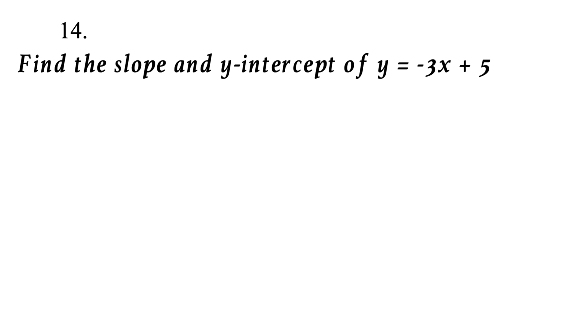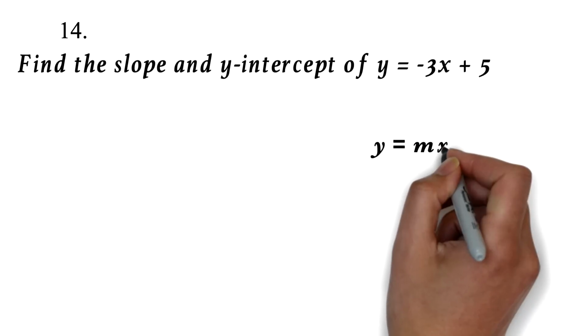Question 14. Find the slope and y-intercept of the line y equals negative 3x plus 5. Slope questions are now very common on the GED math. Almost everyone gets something on slopes. We've already looked at finding the slope given 2 points on question 2 and finding the slope from a graph on question 9. For this question, you'll use the formula for the slope-intercept form of the equation of a line,